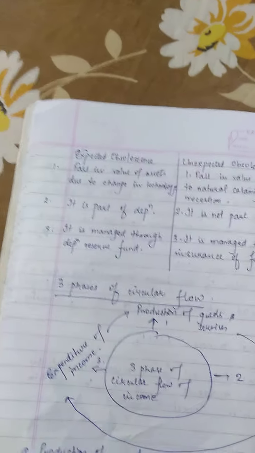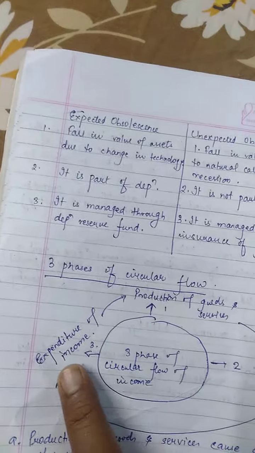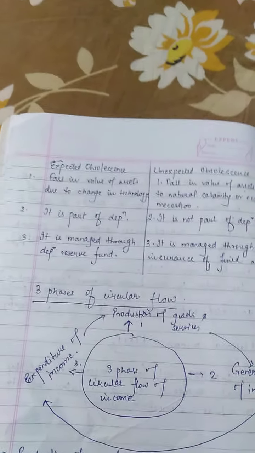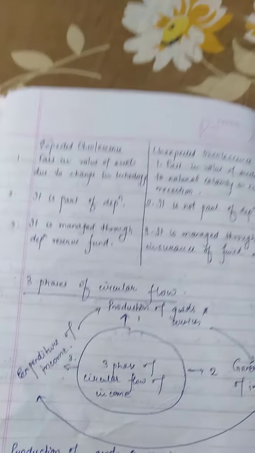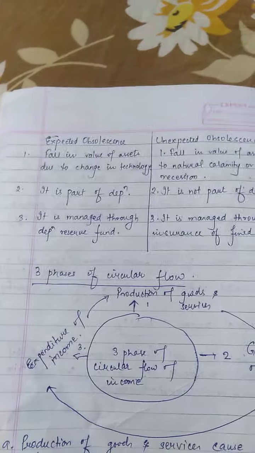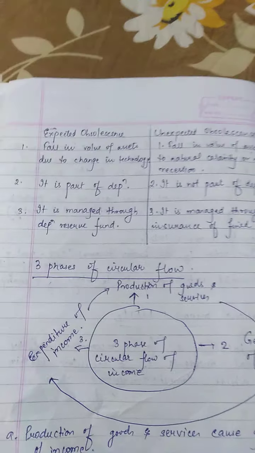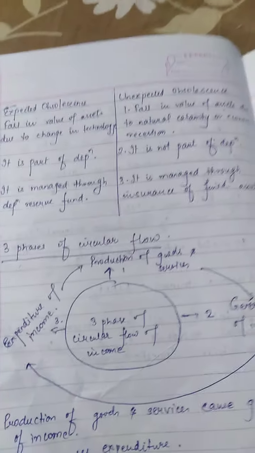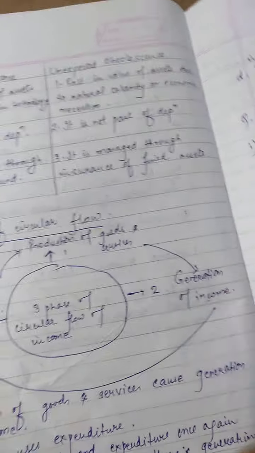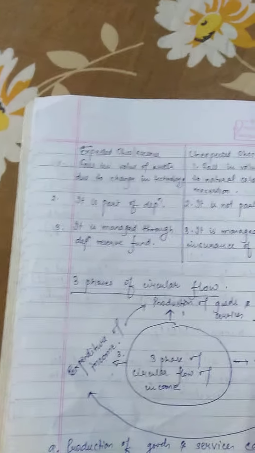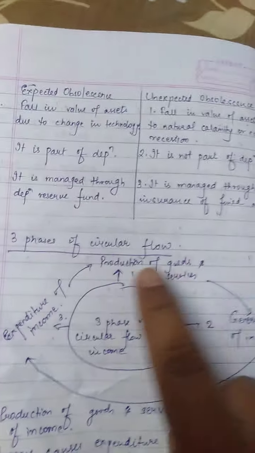This spending of 80 rupees is called expenditure of income, and the rest 20 rupees which I have saved out of the income earned, I use for further production. So understand, this is a cycle chain where every activity is interrelated. I produce some goods, I go to market, I sell them, I earn some income. Out of the income I save some, and I spend the rest, and the money which is saved is used for further production. These are the three phases of circular flow of income.